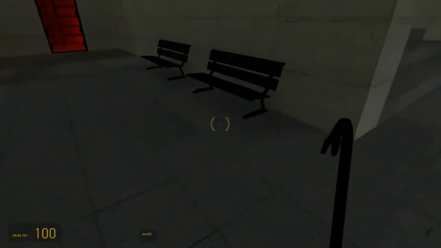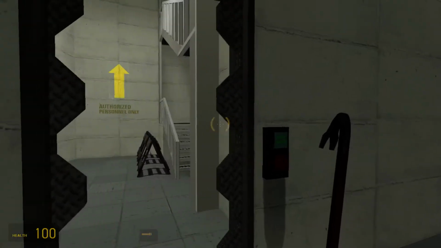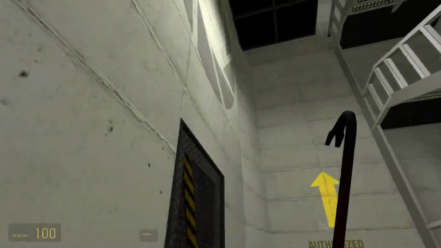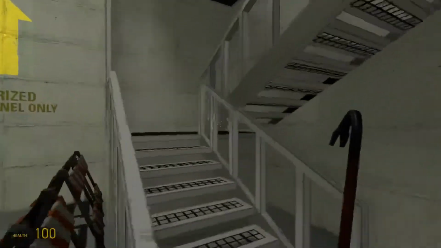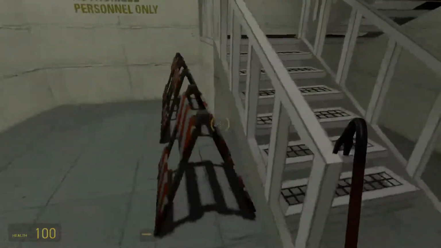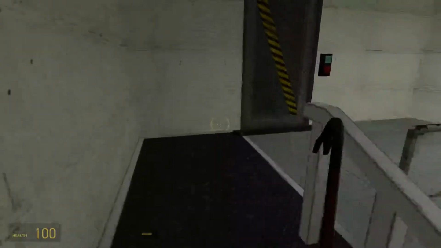Also, these benches are here because they're supposed to be here. Then we come to this door, which now opens. It comes to this little stairwell area. It's a little bit janky, very plastic. This is freshly constructed. This is why there are these barricades here. This stairway was constructed not that long before the containment breach happened in the original map. And when we come up here,